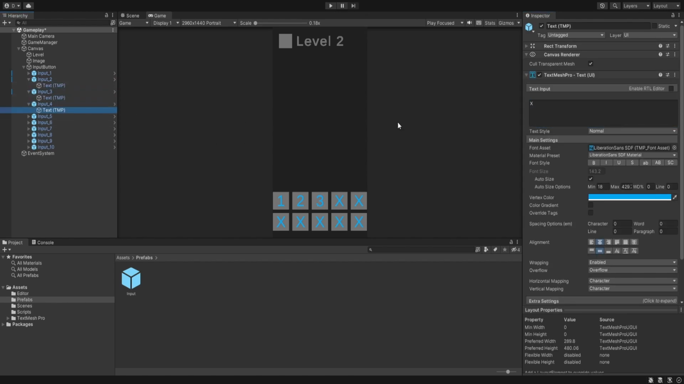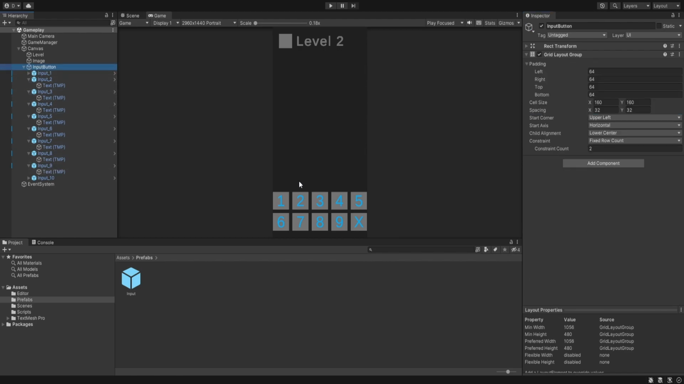3, 4, 5, 6, 7, 8, and 9. So this is going to be our input field, and we already had it